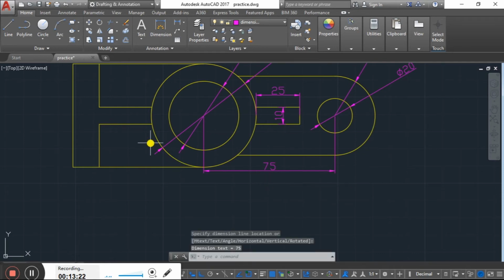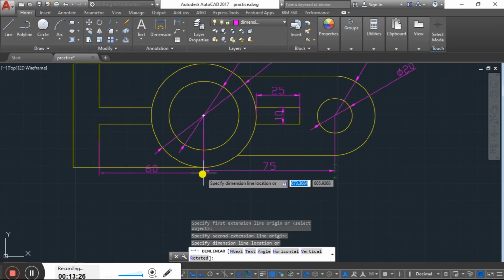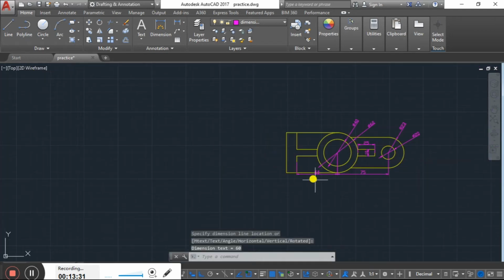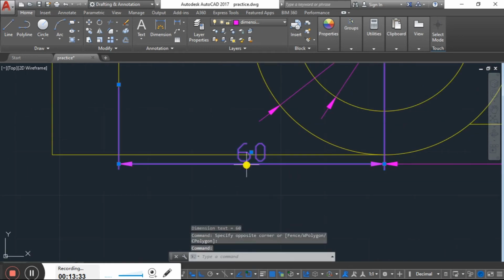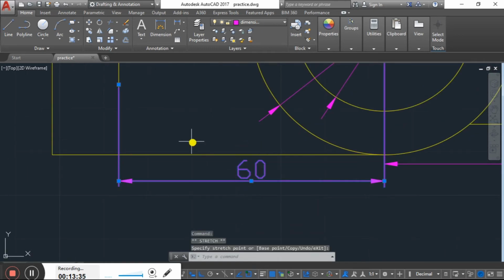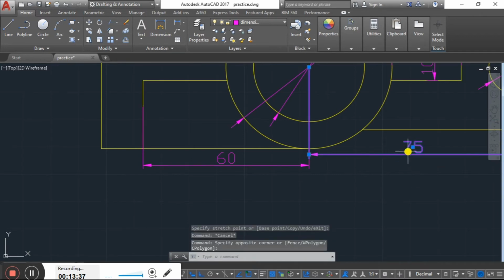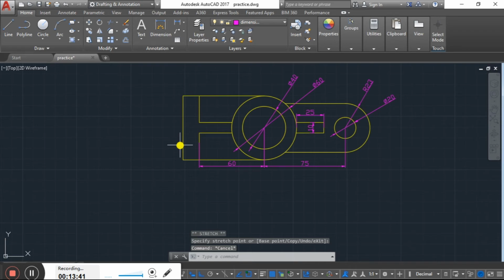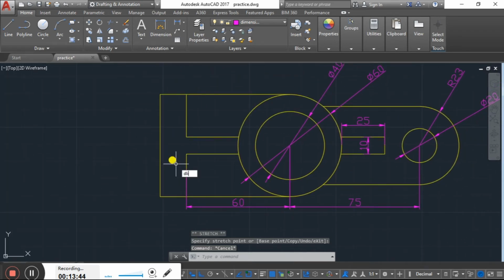This is 75, this is 60, okay, fine, and these dimensions are left here.